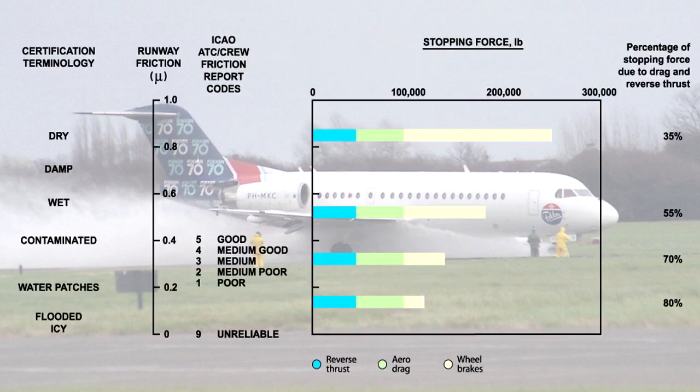Because of the lack of effective braking on slippery surfaces, the aerodynamic drag and reverse thrust become much more important in bringing the aeroplane to a stop, as shown in the diagram to the right. Notice that on flooded or icy runways, reverse thrust accounts for 80% of the deceleration force, confirming its importance as a deceleration tool. Next, you'll hear a commentary from a Canadian air traffic controller about a situation when the runway